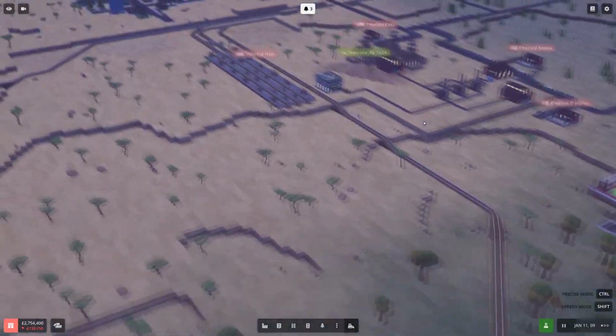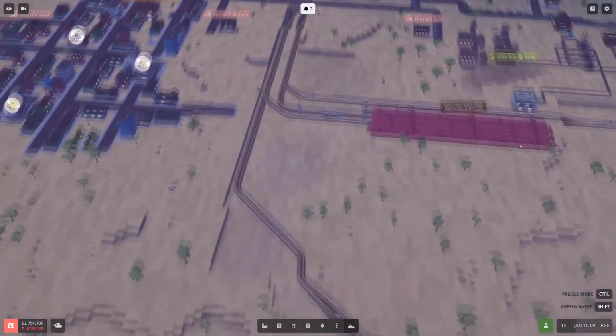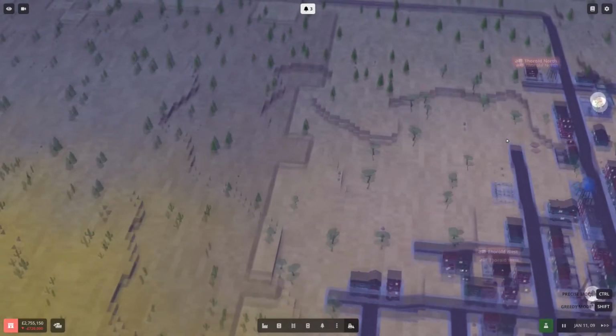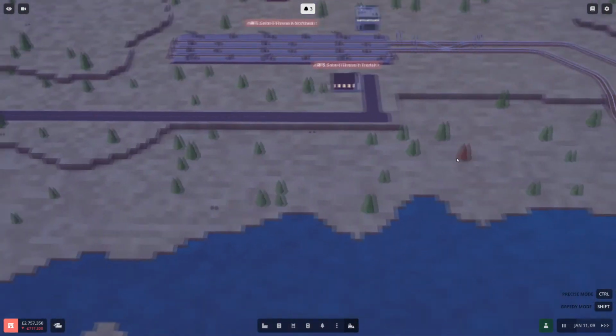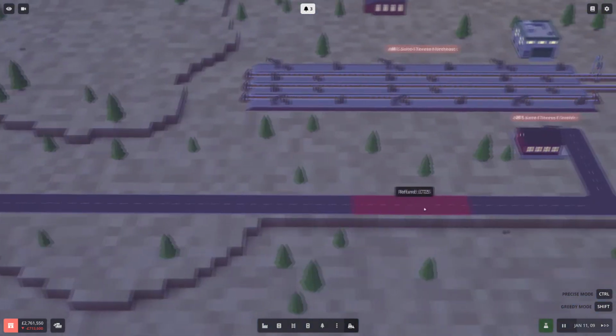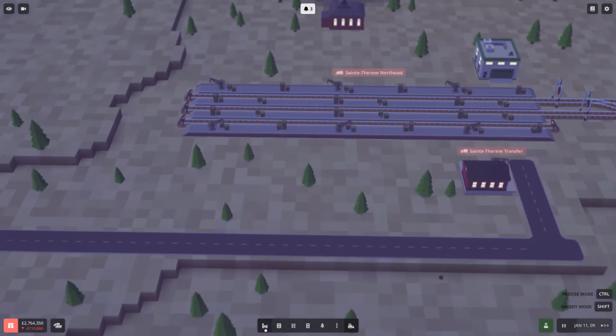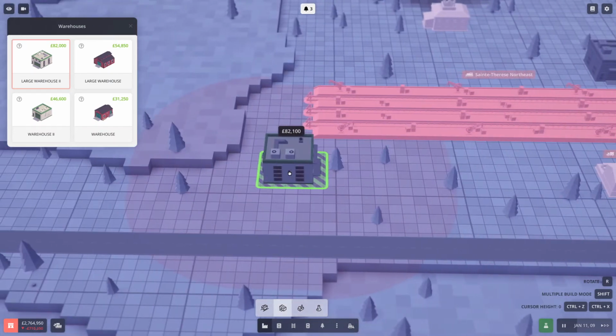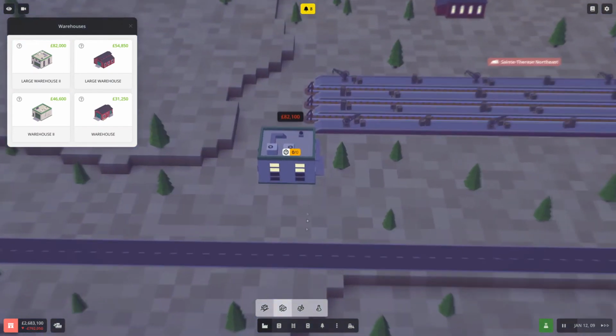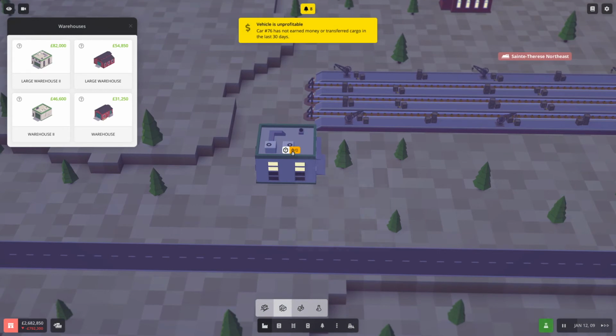So what we're going to need to do now is over here. I'm aware time is pushing on. I've gone way over time on this video. Apologies, guys. And then what we're going to do is put a warehouse on this side. Split up this end. And we're going to...